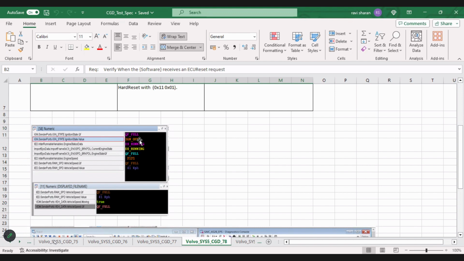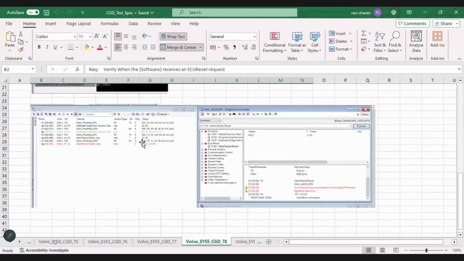When ignition is off and we make a request of 1101, it has been rejected with negative response 7F 11 22, and 05 is